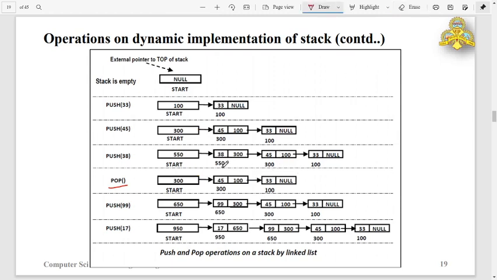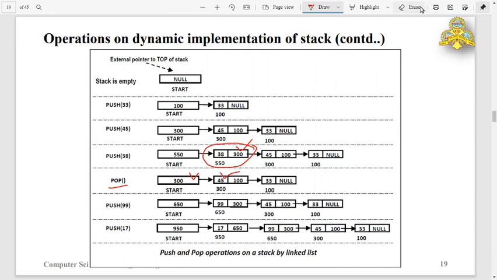Observe here, so pop operation, this node is to be deleted. So the next node's address, the value in the first node's next node, is brought into start. Start is pointing to the second node from now onwards, which will become the top node in this case.